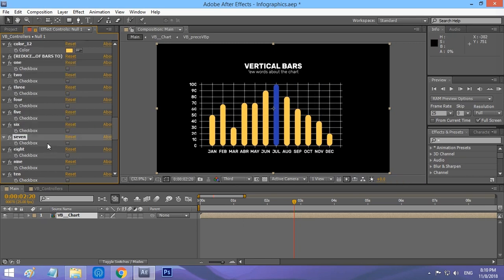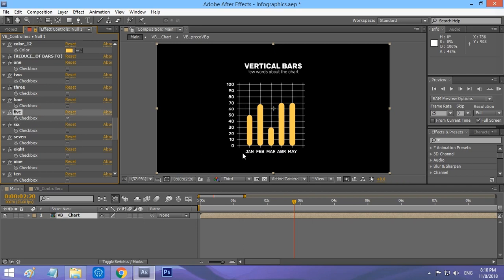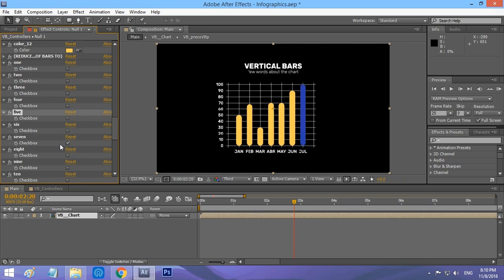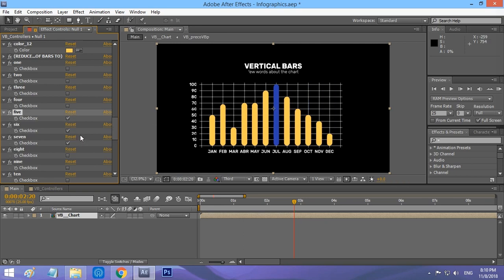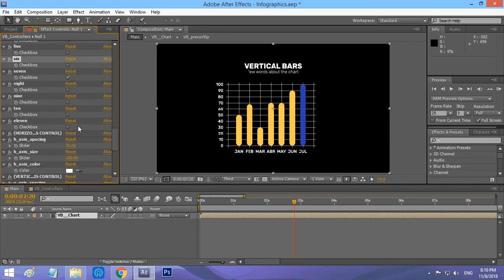You can also reduce the number of bars by checking one of these checkboxes. Okay, let's say that I want 5 bars in my scene, so I will check 5. We have 5 bars. Maybe I want 7, and make sure that you only check one box, don't check 2 or more boxes at the same time, as nothing will change. Okay,